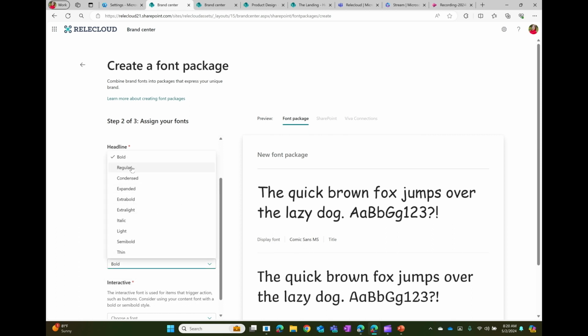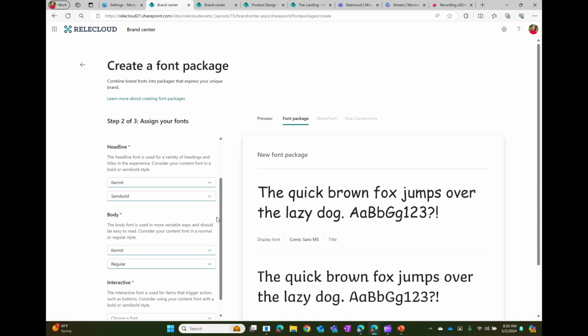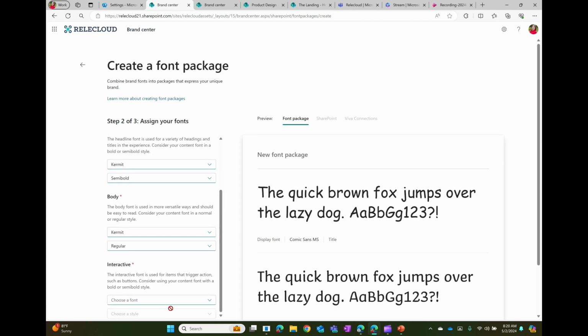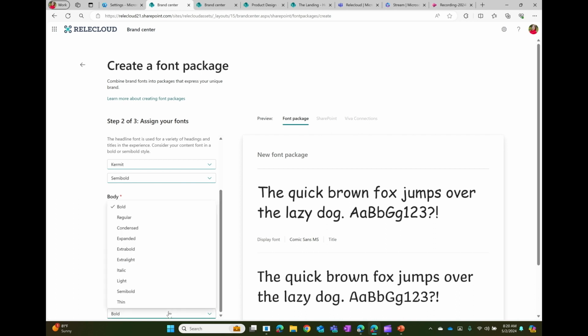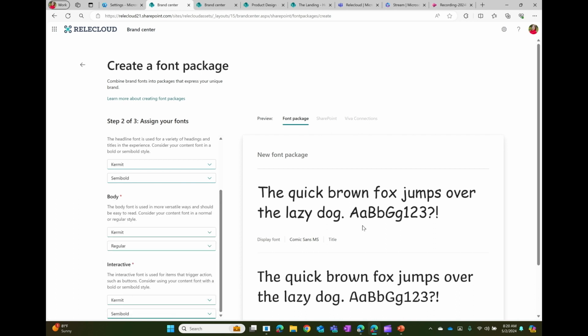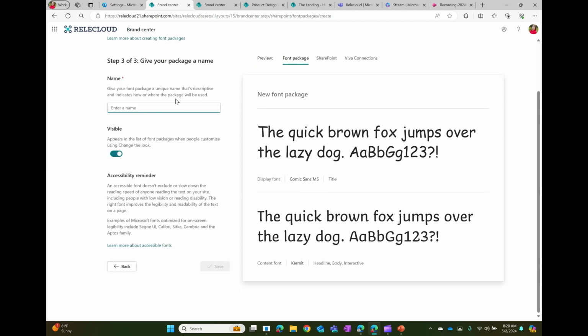It's a little bit easier for me to just quickly run through here to get it to work. Edit is a slightly different experience, so I want to show you both of them. Okay, so here, once I've created that, you notice that they were disabled as I was picking, but then once